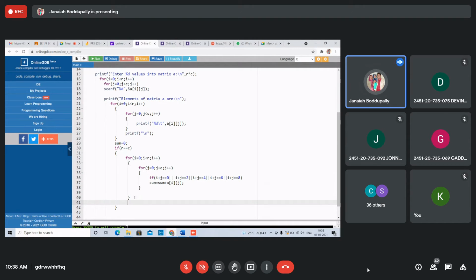If r equals 0, then printf sum of diagonal elements is percent d, also with a backslash n.